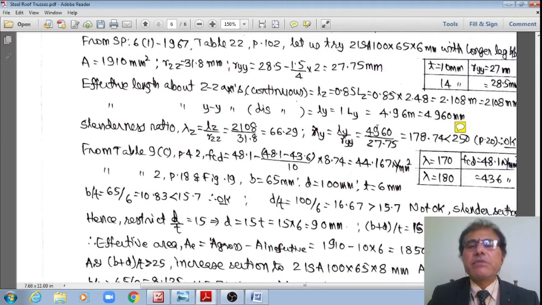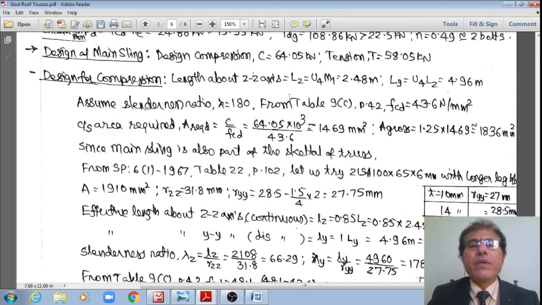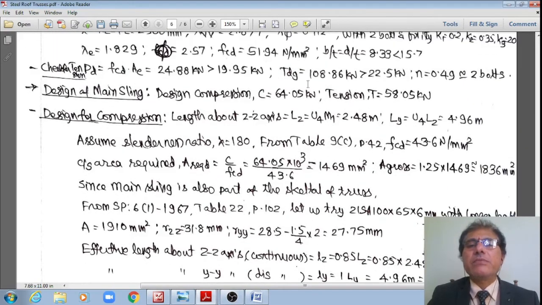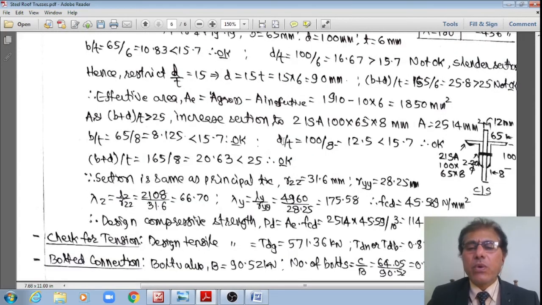However, it is subjected to a compression force of just a small value of 64.05 kilonewton only. Therefore, it is okay in compression criteria. Whereas if I check for tension, the design tensile strength, we have already seen in the previous subheading that under the yielding of the gross cross section,